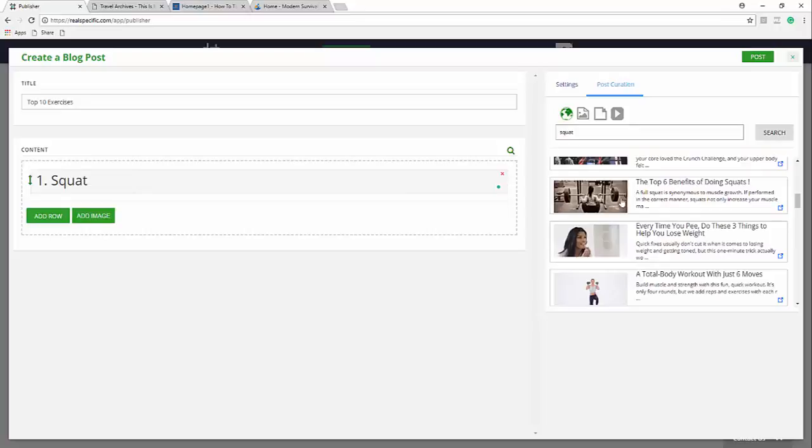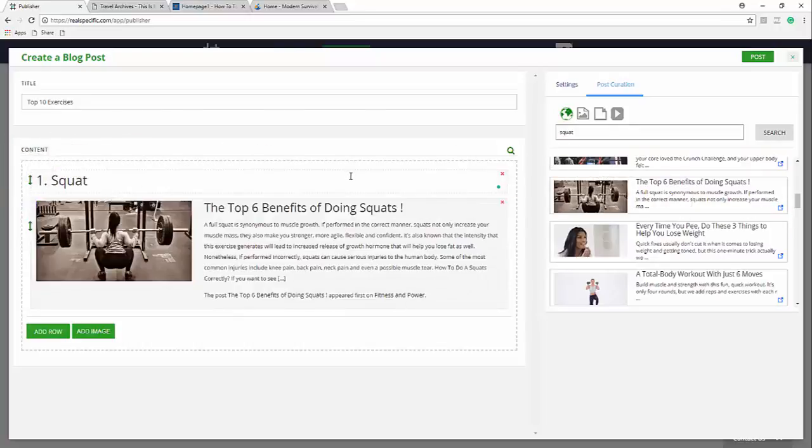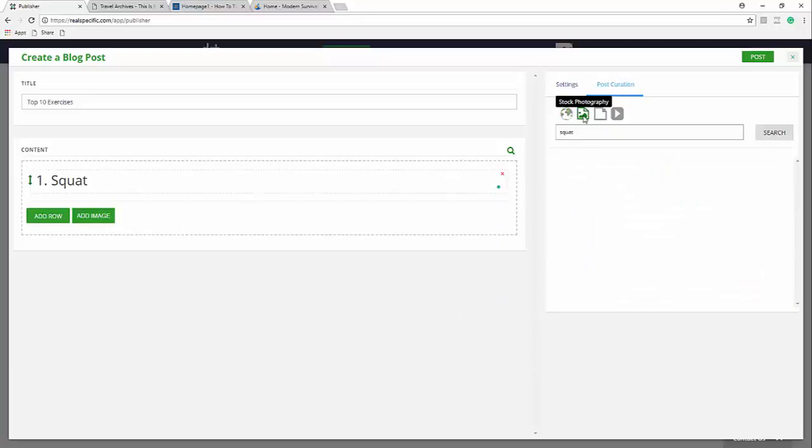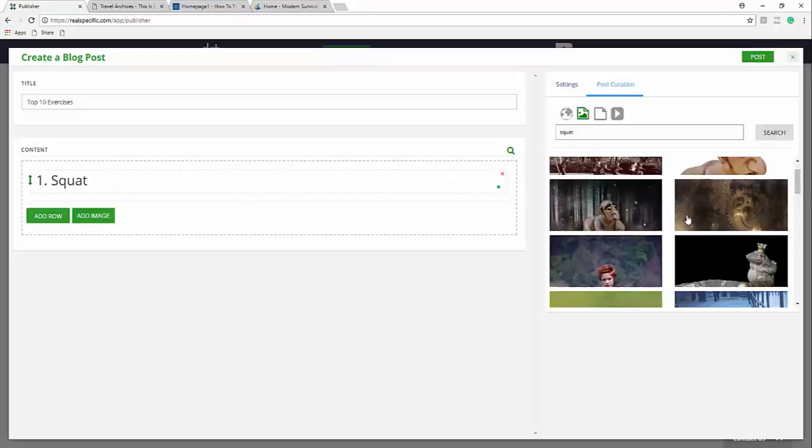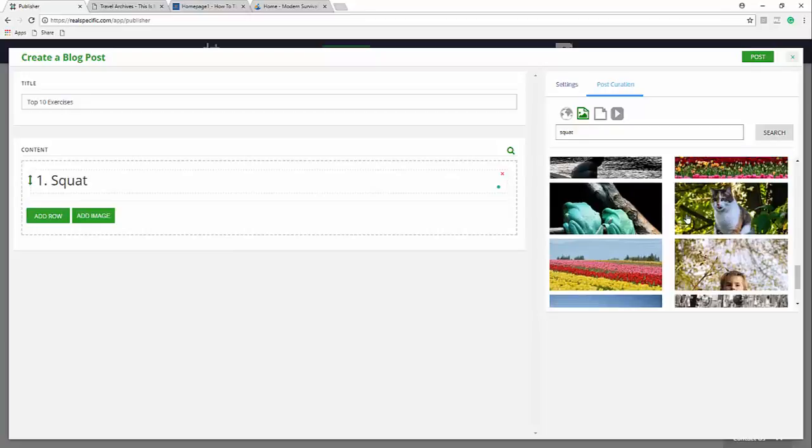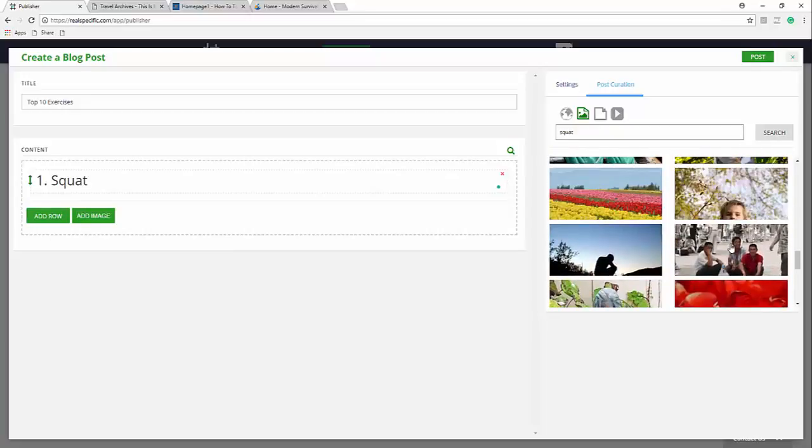I can basically grab this content, drag and drop it in. Maybe I don't want to add this content, so I'll delete that and I'll go over to images. I'll come through here as this loads. And I will grab a cool image like this, and I could say, in third world countries, or in like